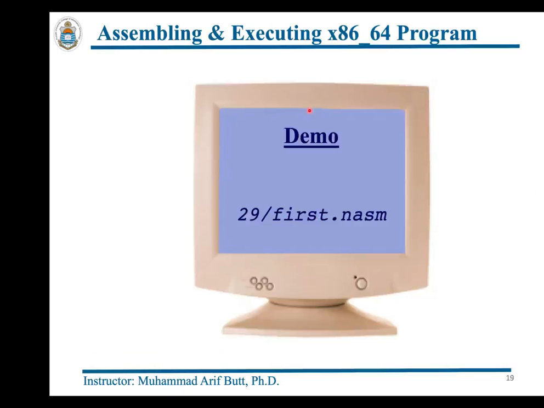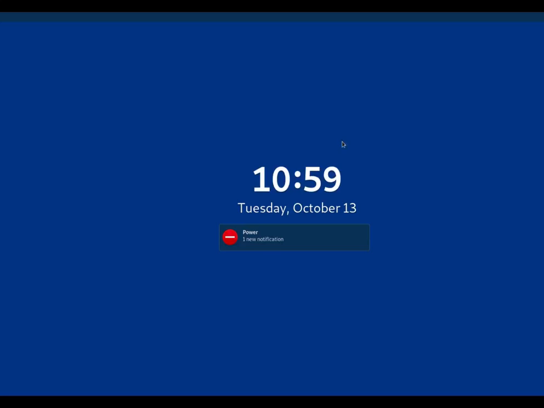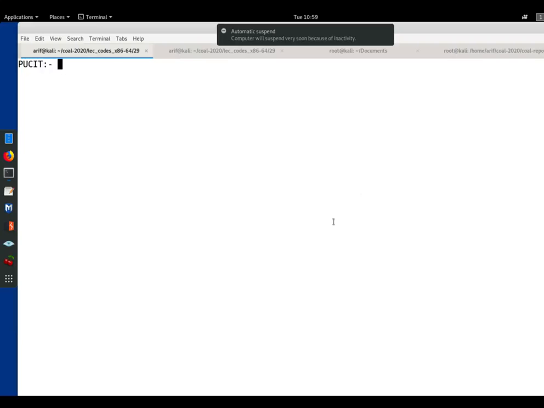Okay, so now is the time to make it happen on our Linux terminal. Let us move to our Linux terminal, which in our case is the Kali Linux. Okay, so here is the terminal of our Kali Linux machine running inside the VirtualBox on my Mac laptop. And let me first of all see who am I. So I am Arif, and